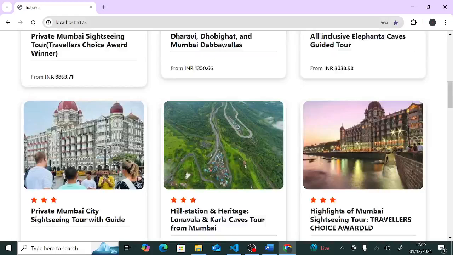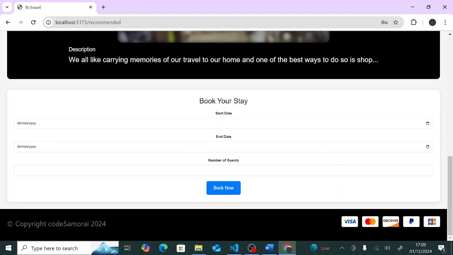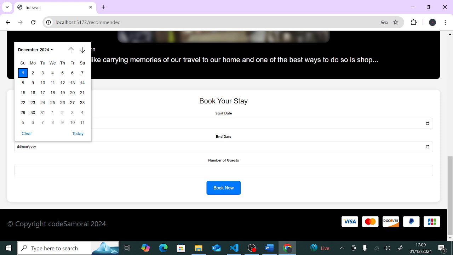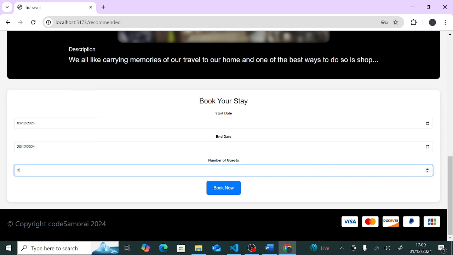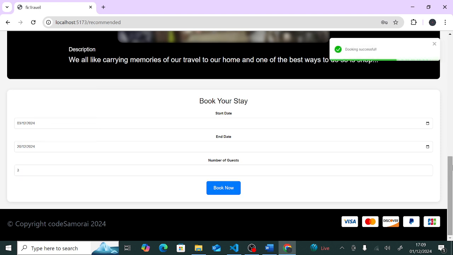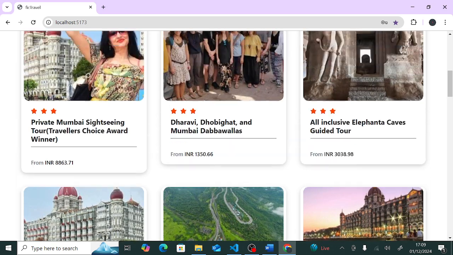Logging in as a user, I can now come and book. Maybe I want to book that particular place there. Maybe from, I don't know, date one or something of the sort. Maybe random, maybe for the visitors, and you can see booking successful. Yeah, so the user can book